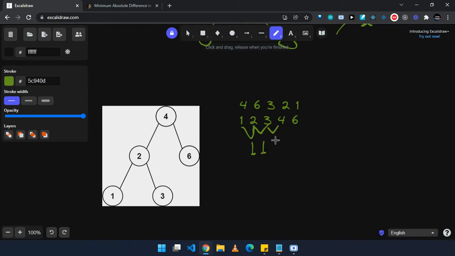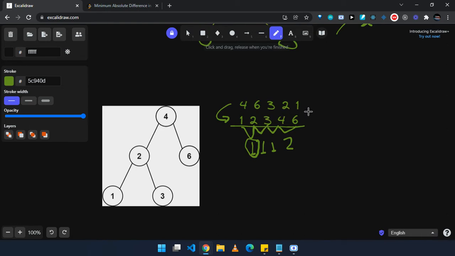The difference is 1 again, and here the difference is 2. So this is our answer. We sort the array, pick two adjacent elements at a time, find the difference, compute the minimum of all those differences, and we'll get our answer.